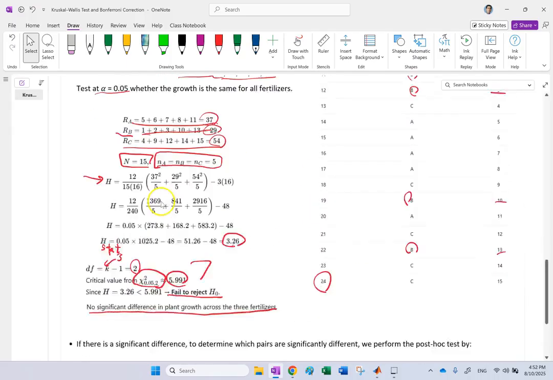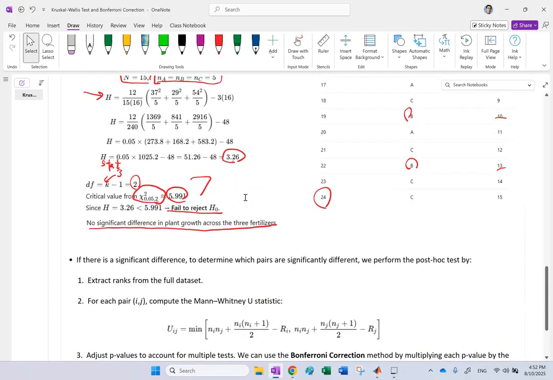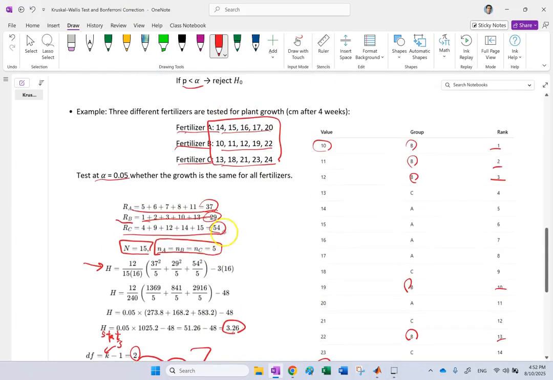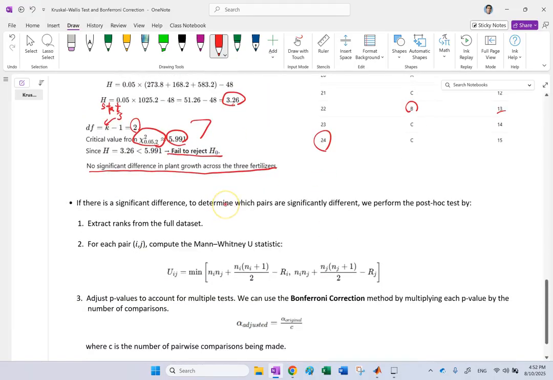Now, based on the result of this H test, whether there is a significant difference or not, how do we determine which pairs? If there is a significant difference, how do we determine which ones are different? Because let's say I have three groups, and I change these numbers and find that yes, there is a difference. How do I know which one is different from which? Are all three of them different, or just A and B, or A and C? So in order to do that, as I said, for each pair of them,